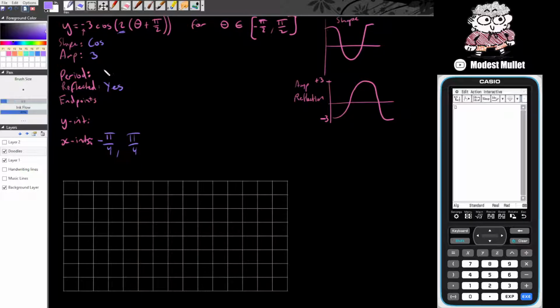The period is equal to 2 pi on n, which is our 2 number, so it's 2 pi on 2, which is equal to not 2, it is equal to pi. So we can also bring in the period and say, well, we know that if that starts at 0, that's at pi. And this is before we do any